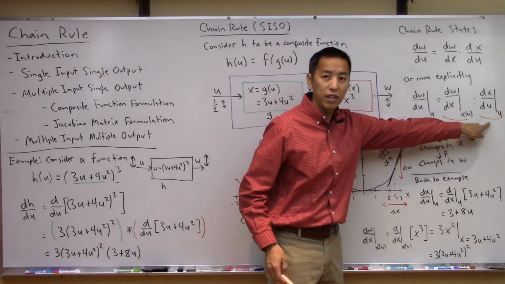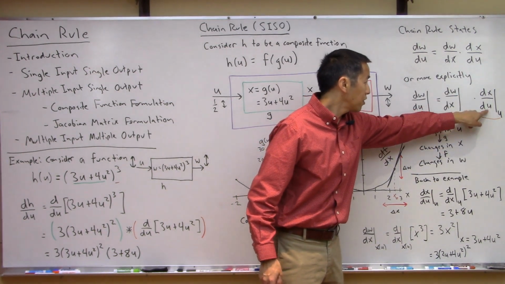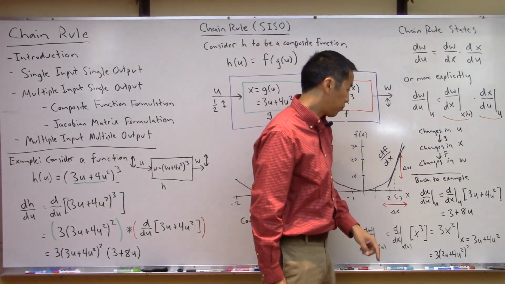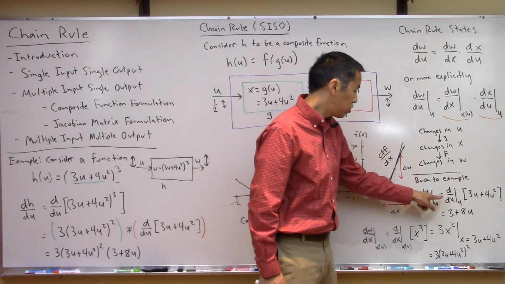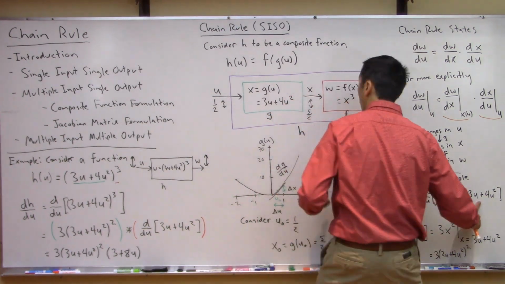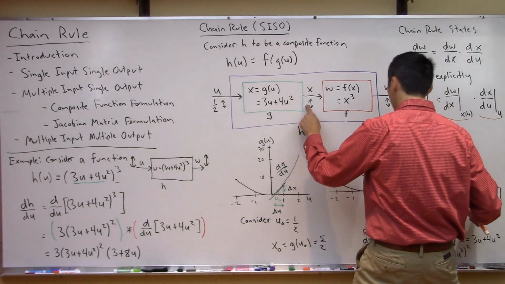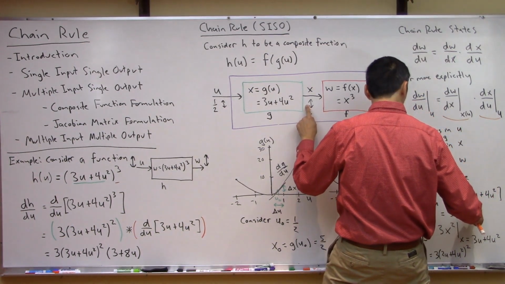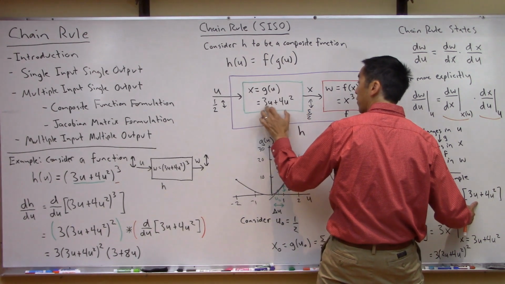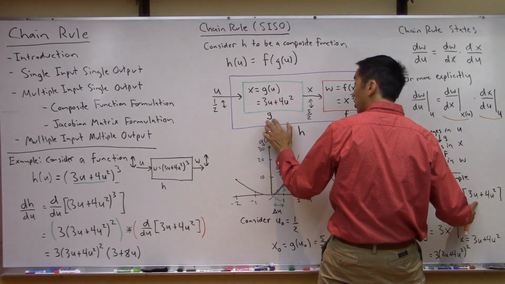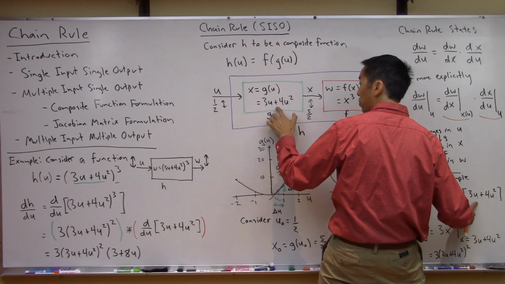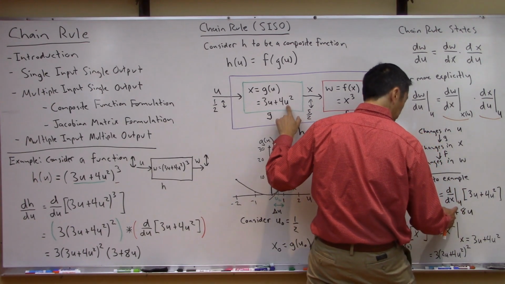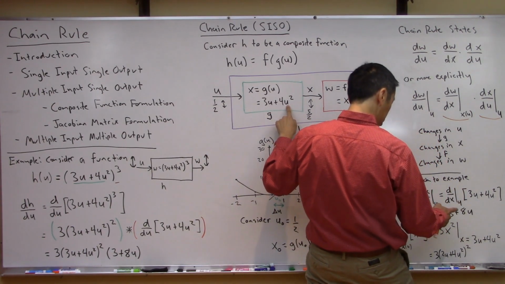This one over here is probably the easier one to start with. It's dx du evaluated at u. So right here, dx du evaluated at u, where is our x here? Here. So all I have to do is take the derivative of the g function and evaluate it at u. So let's just take the derivative of this 3u plus 4u squared, take the derivative with respect to,